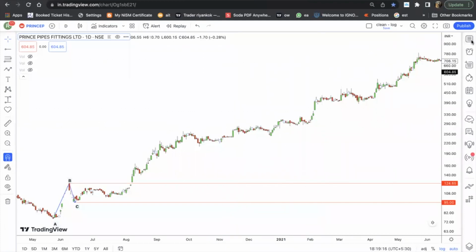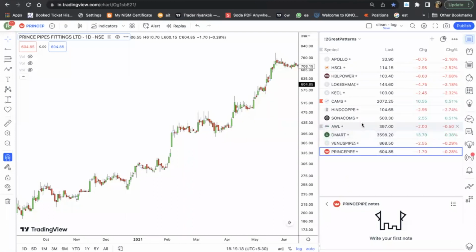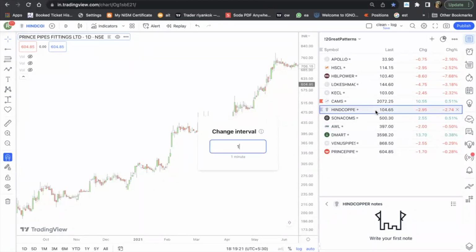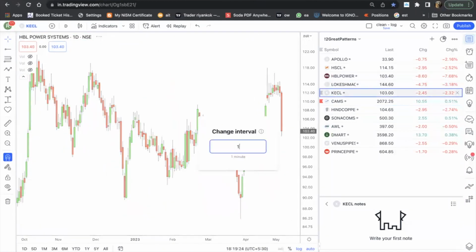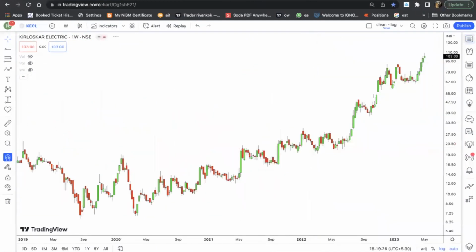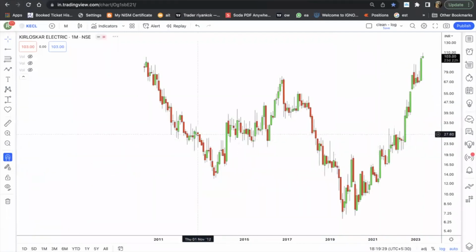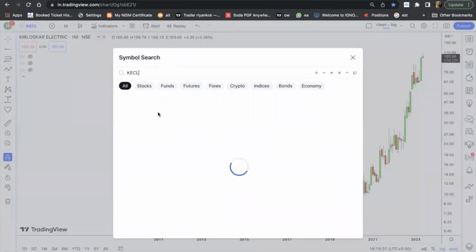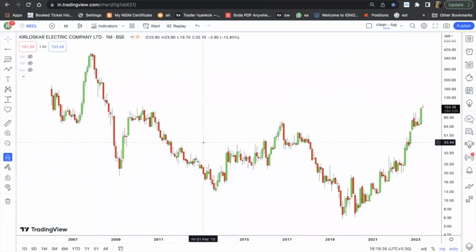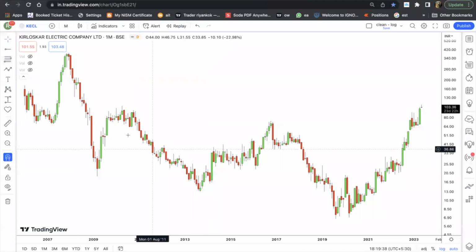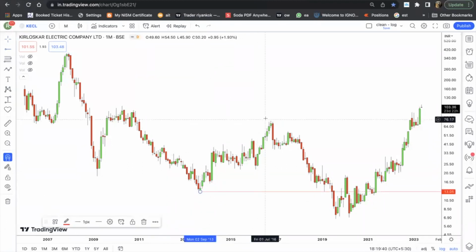Okay, so that was about the ABC breakout pattern. And there are a few stocks, let me show you just 2 or 3 stocks on chart so that you can identify what breakout pattern that is. So this is the Kirloskar Electric Company Limited chart that you are seeing in front of the screen. Now I'm going to plot 2 lines on the chart, and you need to tell me what is the name of this pattern which has validated. Tell me in the chat box, what is the name of this pattern?